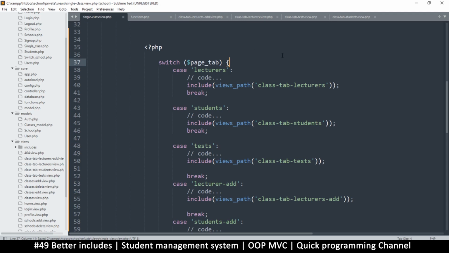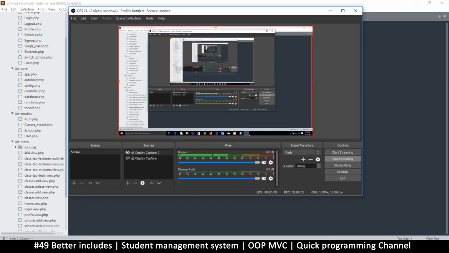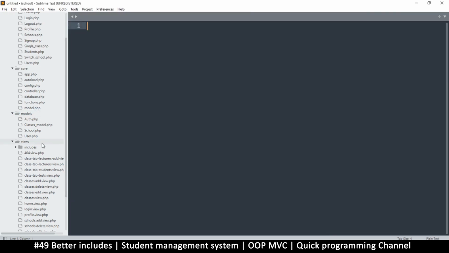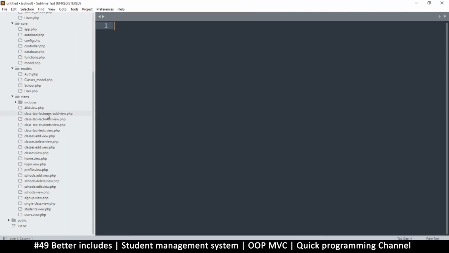So from now on, we'll be working on a single file here. So I'll close all this. Let's see here. So we are going to, these tabs here: class tab, lecturers, add.view.php. Now, since we have